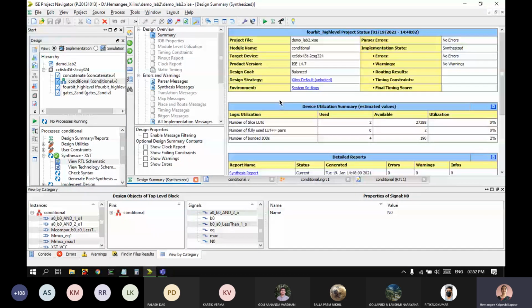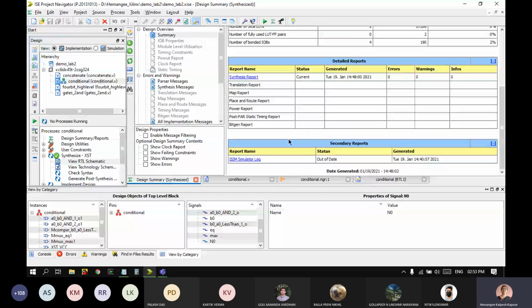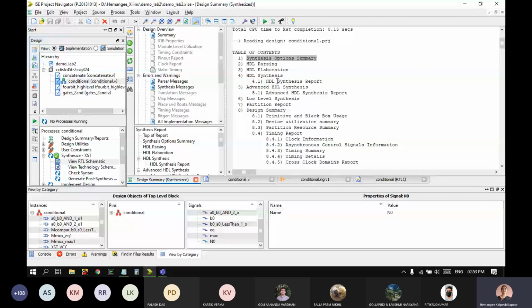And at the bottom of this, you can check the synthesis report. So I'll click on this. This opens the synthesis report, which is a detailed timing analysis of your program. It says that to do this design, the CPU on my laptop used 0.15 seconds. In this whole report, it is going to give you a summary of how it's synthesized and what the specific outputs are, what the clocking information is if it is a sequential circuit, and so on. So have a practice of looking at all these values here.